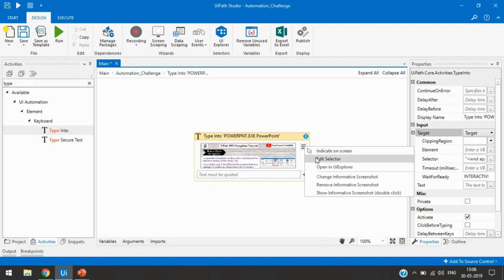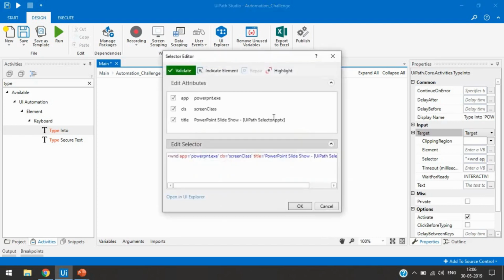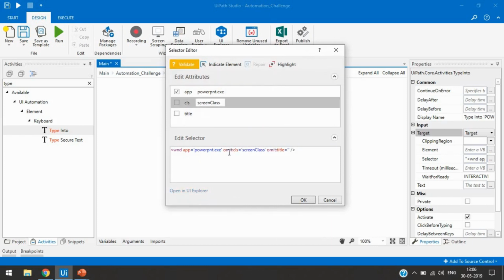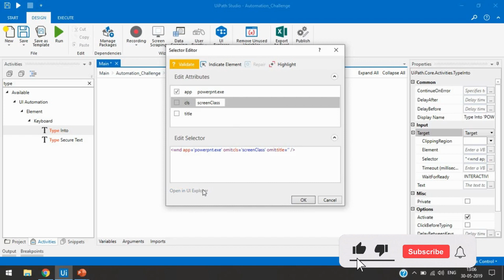Just click here and click on Edit Selector. Here we'll get the selector editor option and now we can click on Open in UI Explorer. And if our selector is not valid, we cannot click on this Open in UI Explorer link, right? So this link will be disabled.